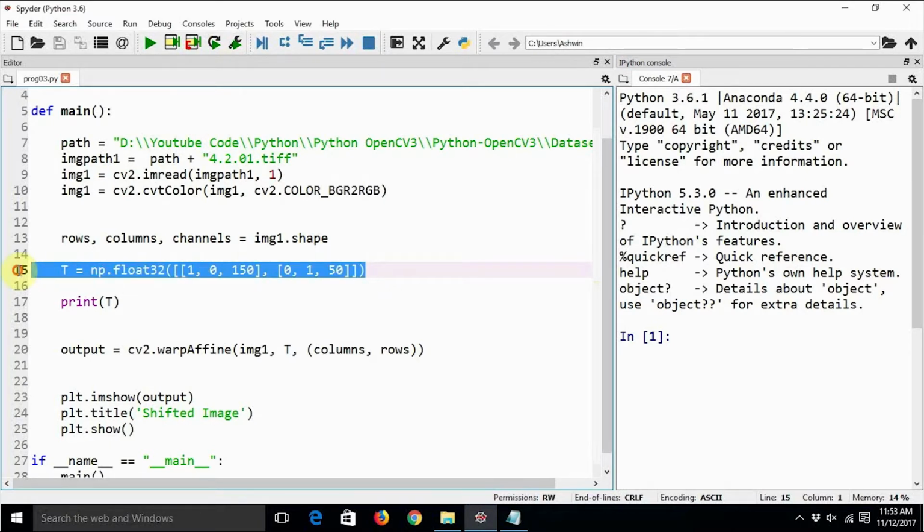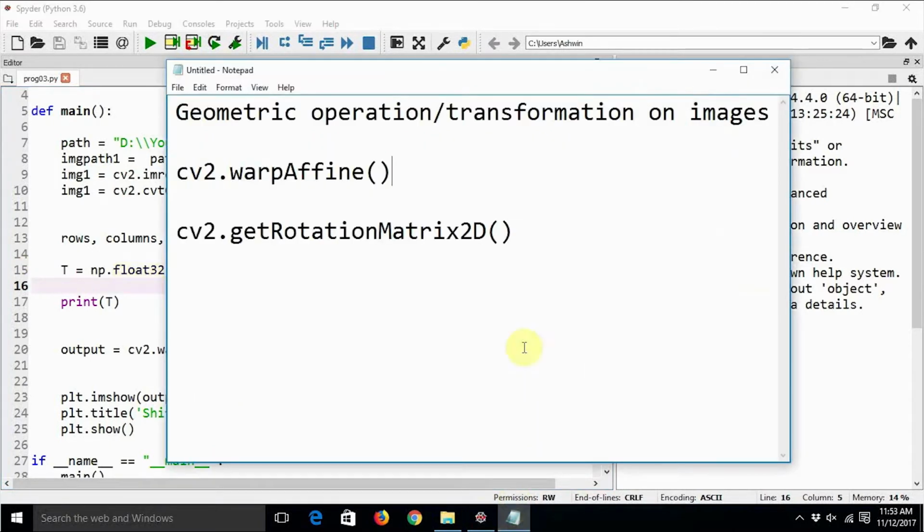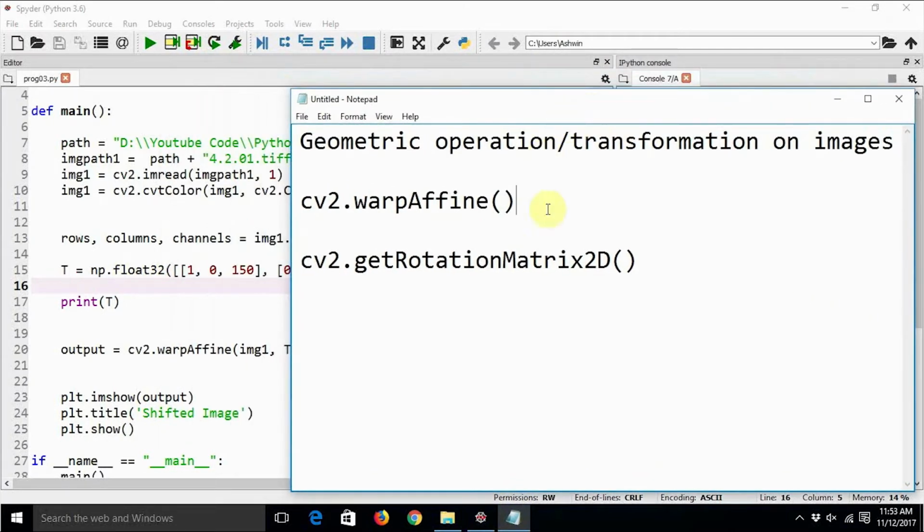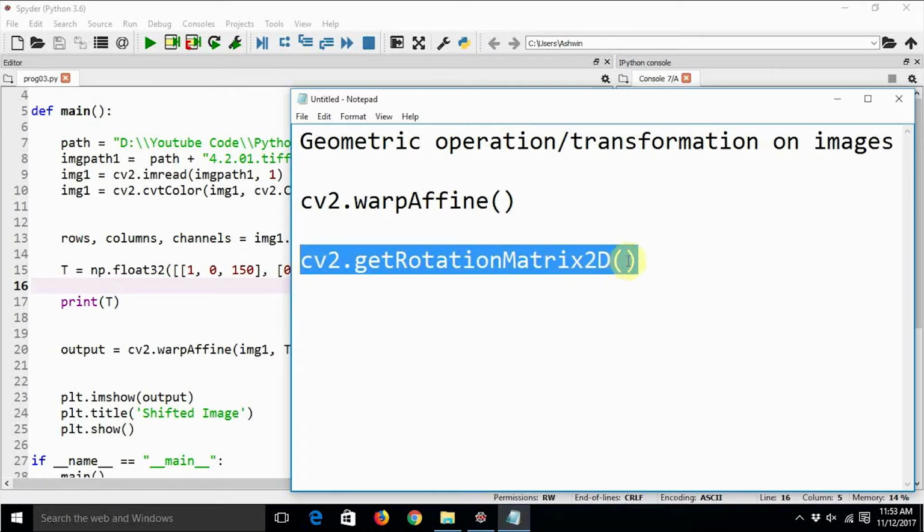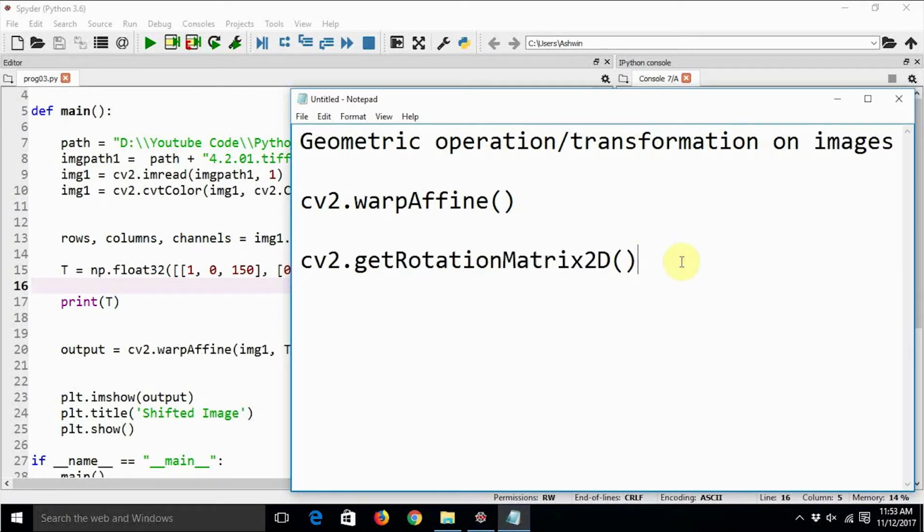But in this case we are not going to create a matrix manually. We are going to use a built-in function which is going to create a matrix for us. That function is known as cv2.getRotationMatrix2D. This function returns a 2D matrix, I mean the matrix will have two dimensions. It returns a two-dimensional ndarray.